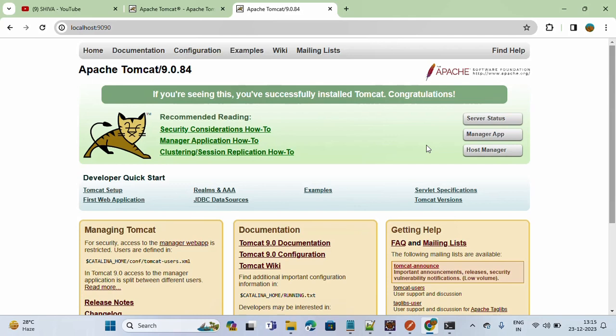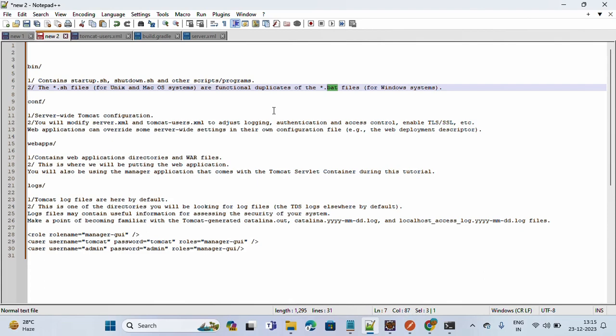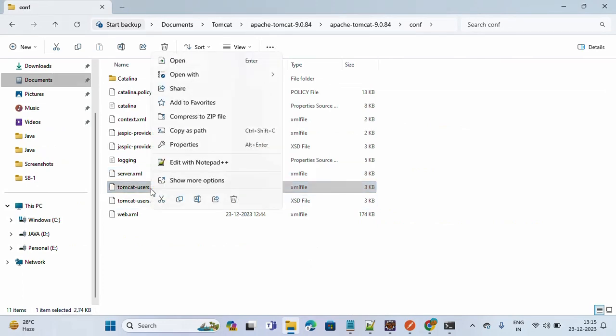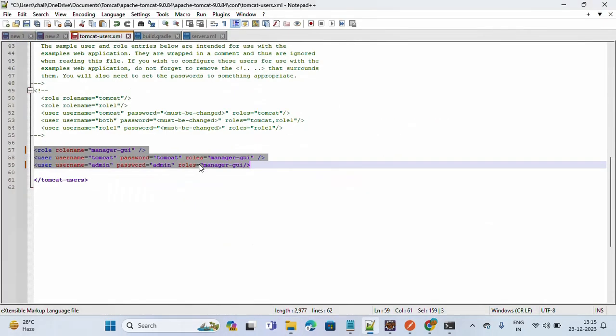So how do we give the Tomcat homepage access to the users? We are going to restrict the access of the Tomcat homepage. By default we won't get anything. In the config folder we have one more file. What is the file? tomcat-users.xml. If you open the tomcat-users.xml file,